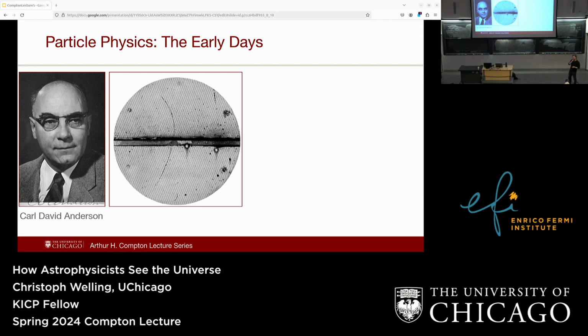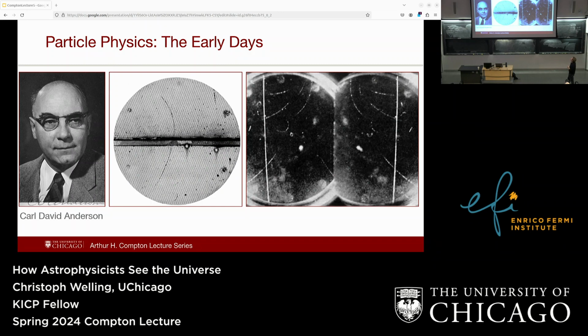And so particle physics was in a really nice state where you knew every particle and what it did. And then, the same year he got this Nobel Prize, in 1936, he saw this particle that moves through there and gets a little bit deflected, but hardly. It looked basically like an electron, but it was heavier. And now we know that this is something called a muon, which is almost exactly the same as an electron, except it has a bigger mass.